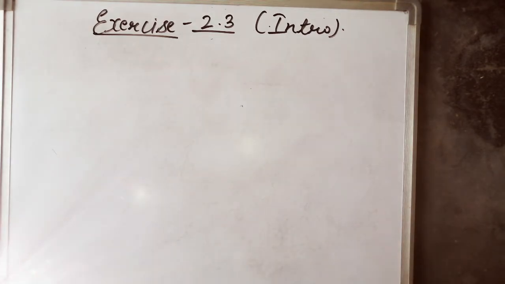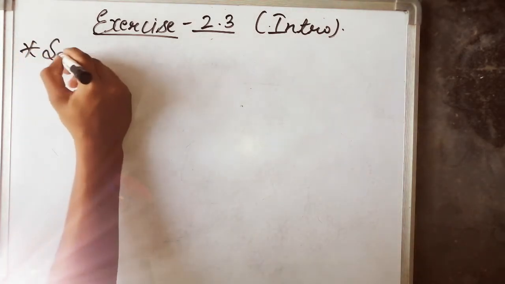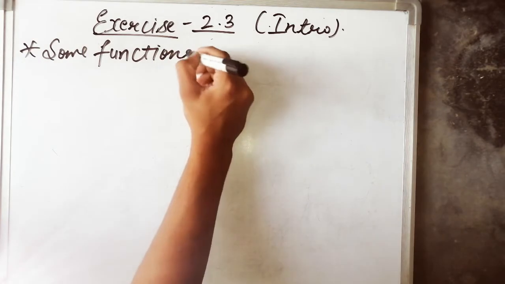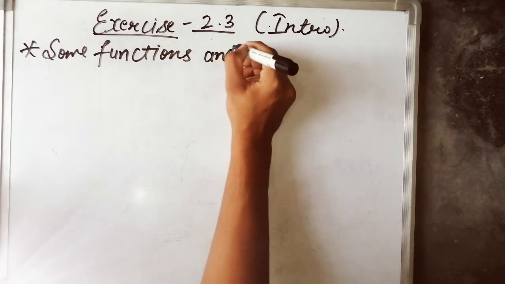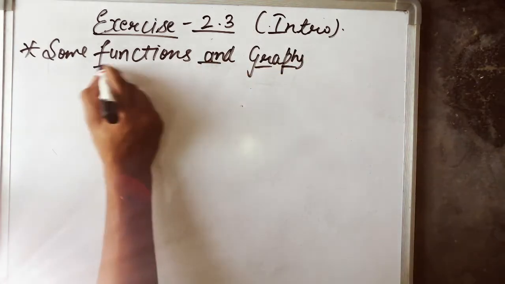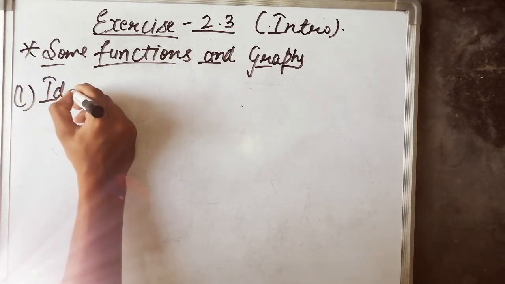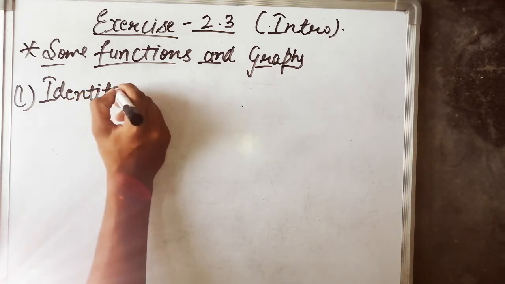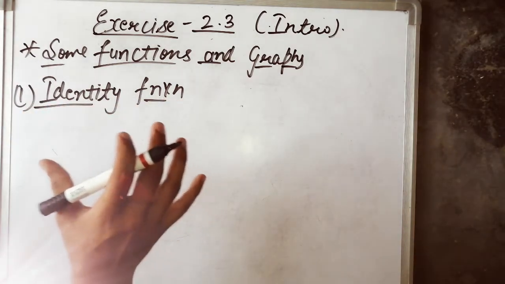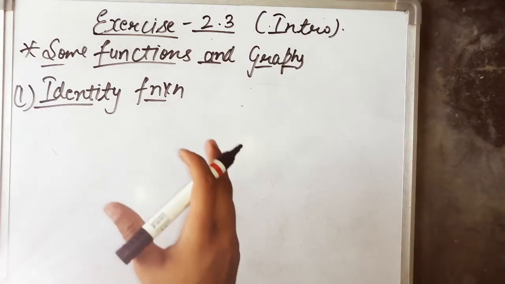Okay students, now we will take some functions and their graphs. Our first type of function is the identity function. So what is the identity function? The identity function is defined on the set of real numbers such that